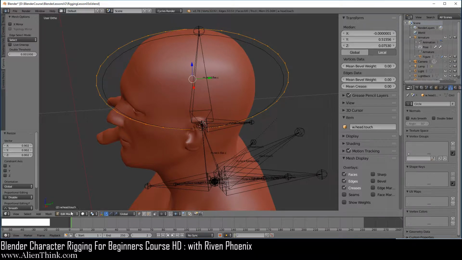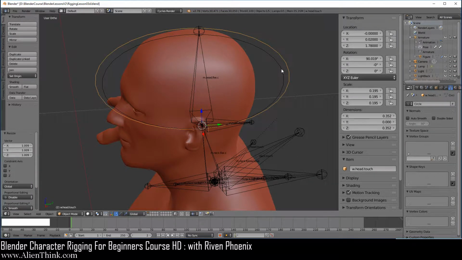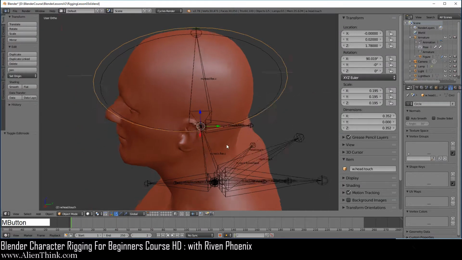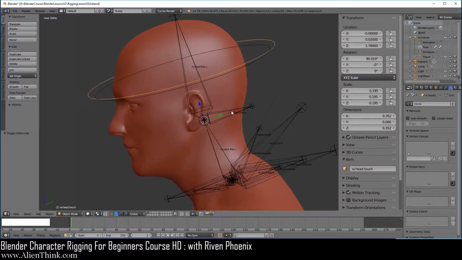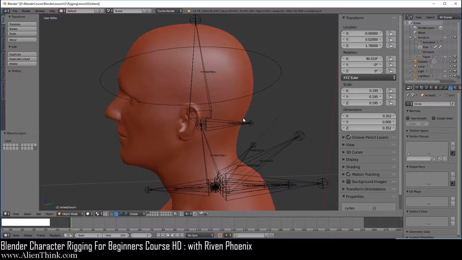So remember, only in object mode you can press the S key to scale the actual object, right? It's not going to affect the bone shape, only in edit mode that it does that. Anyways, this is how this concept works. So what we want to do is take this circle, which is the object itself, and actually throw it on this last layer. So just press the M key and put it on its last layer, because you don't really need to see it anymore, right?